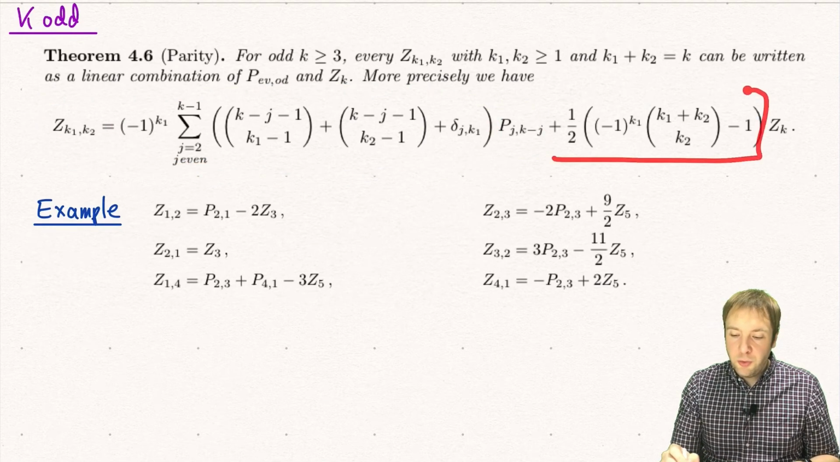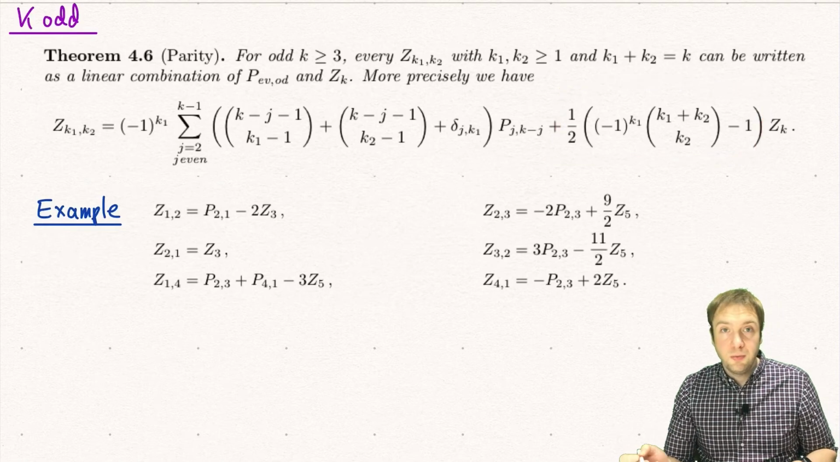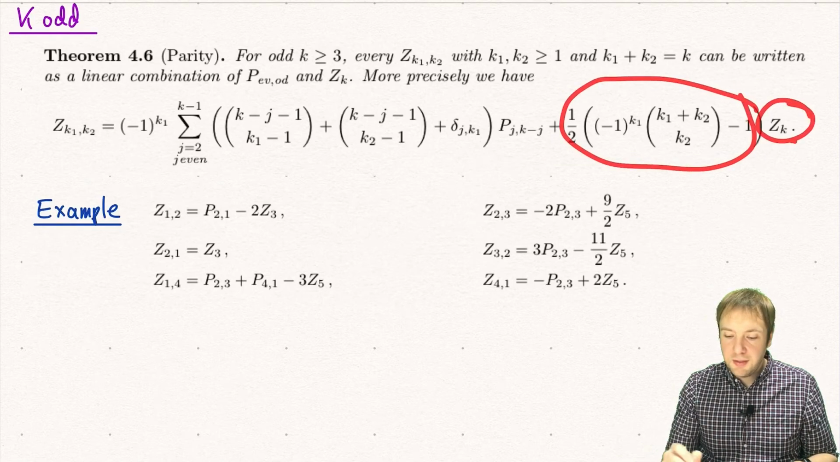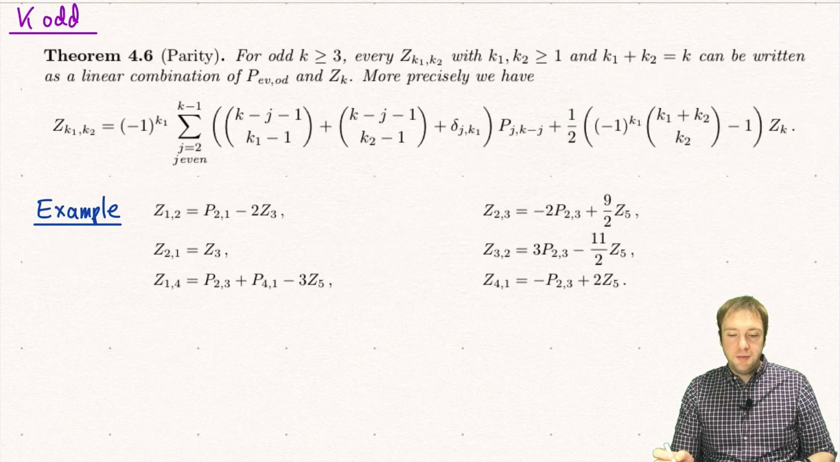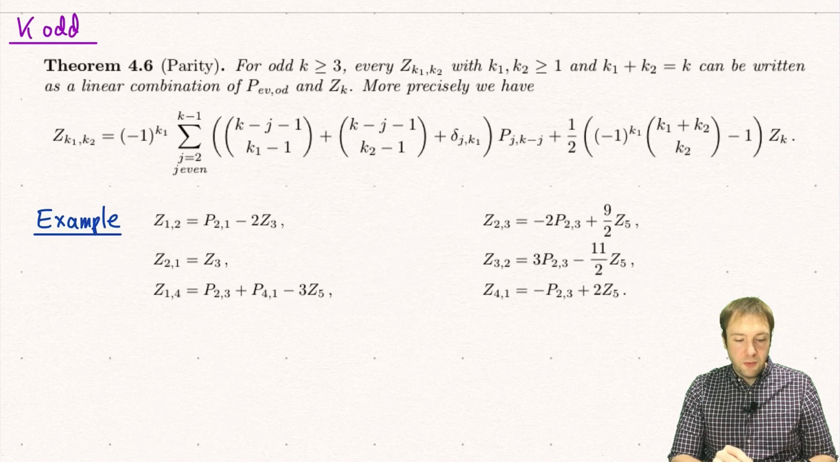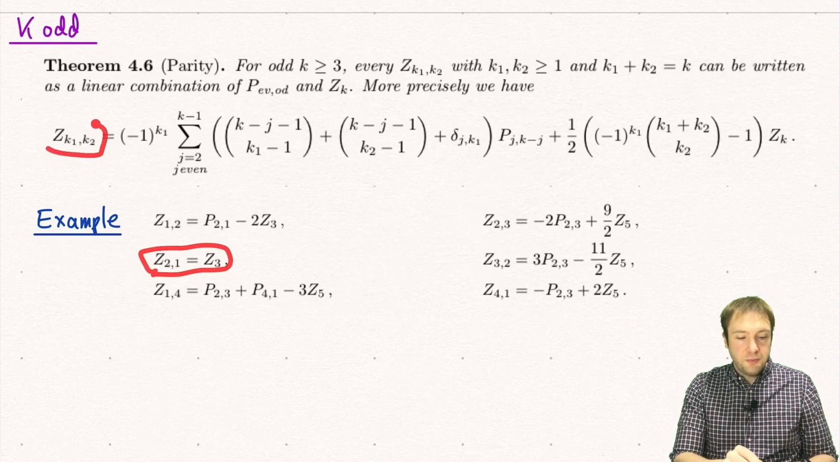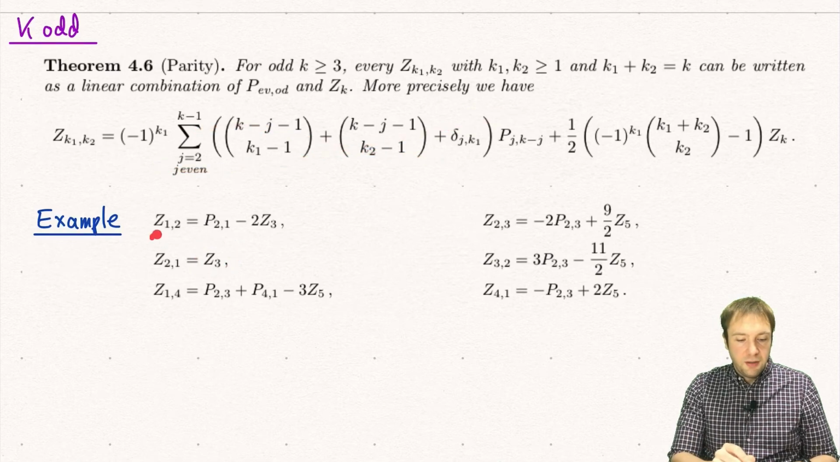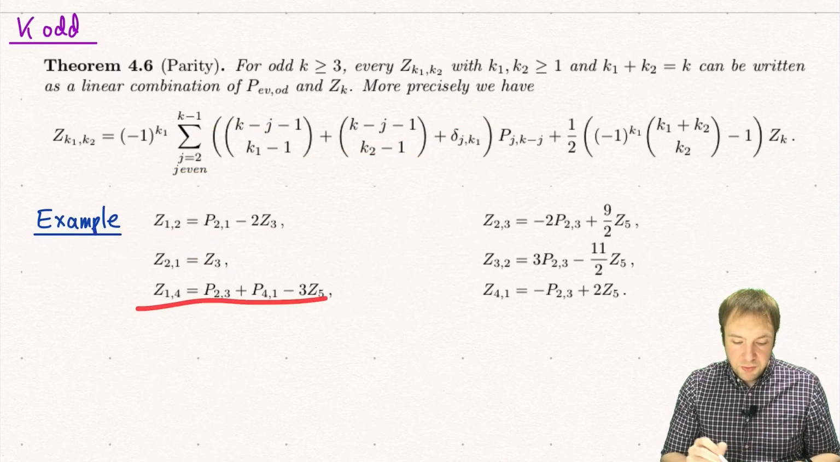And then you can also work out, by using some binomial coefficient identity, that the coefficient of this zk is just given by this thing here. So for example, we get the formulas that z(2,1) is just z3, because this part here cancels. z(1,2) is given by this. And yeah, so you see that